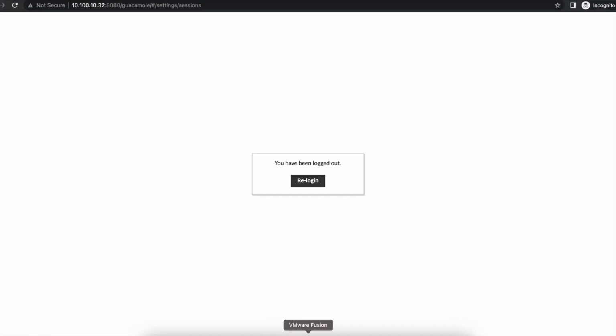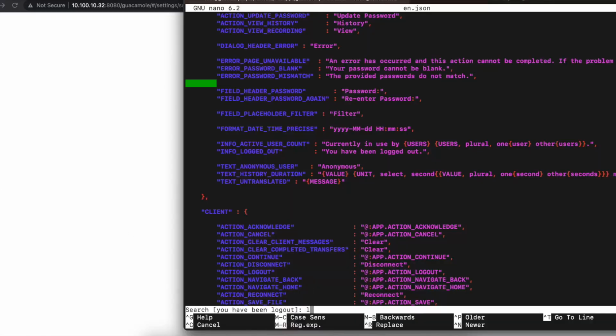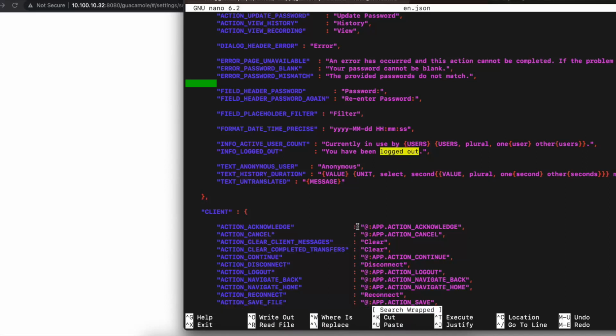So we can go on here and we'll search for, let's just search for logged out and see where it says you have been logged out. You can go on here and say please close your browser to completely close your sessions. Okay, and when you save that,